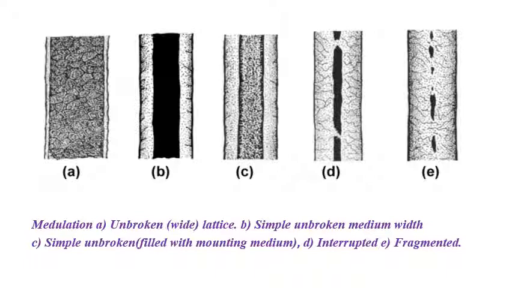So these are the different kinds of pictures we can see under the microscope for different kinds of fibers, about the presence of medulla. But if the fiber diameter is below 30 micron, the medulla will be mostly absent.